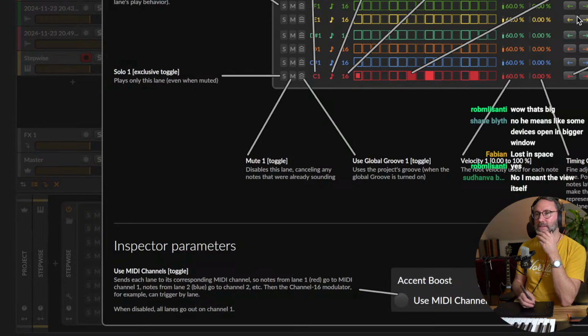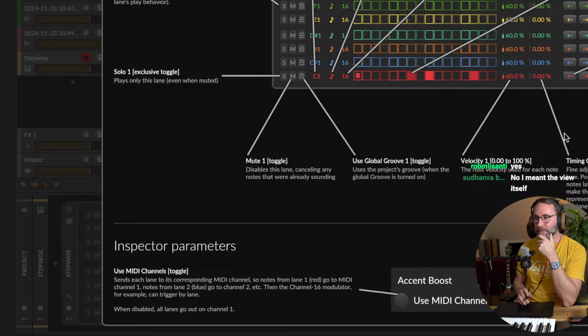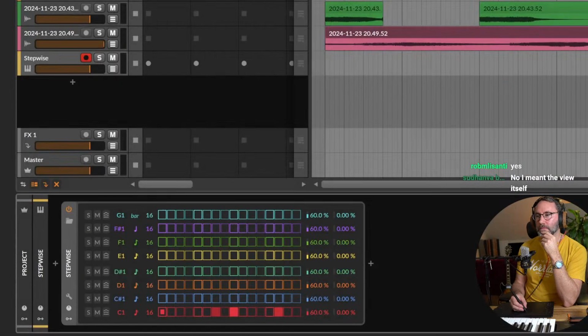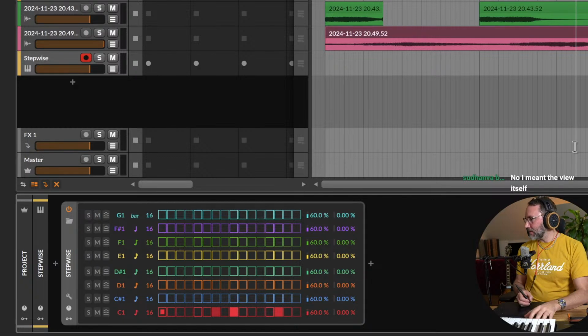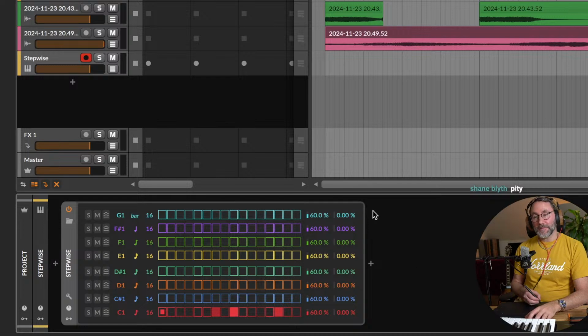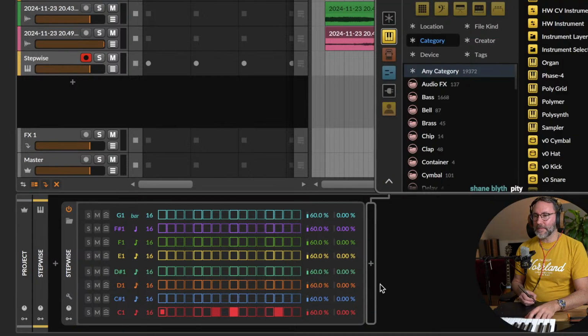Let's see if we can find something here in the help menu maybe. So I'm all new to these new devices too. Yeah, it's a little bit small. So we're going to try it with